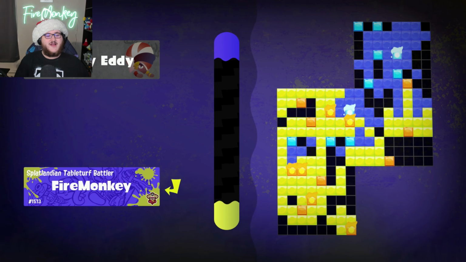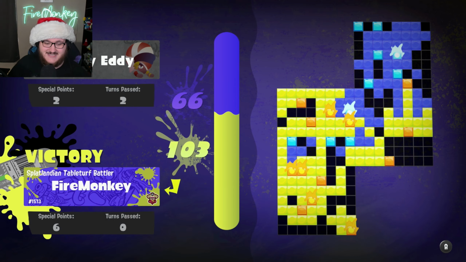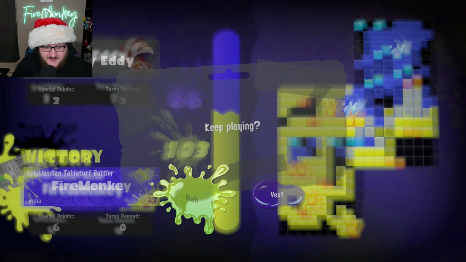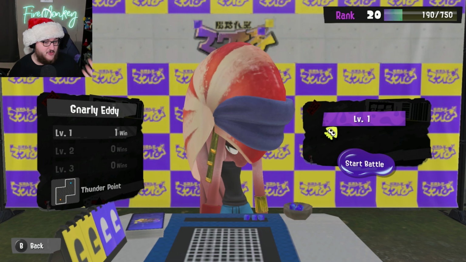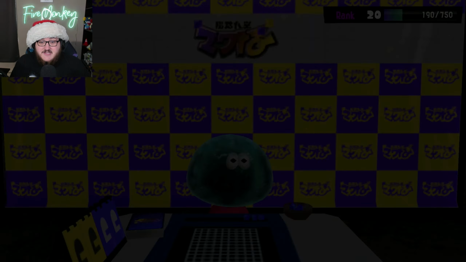Watch this right here. Gnarly Eddie first try, get out of here. 103 to 66, that is what I am talking about. Now, one thing I really don't like about this, that is the reason why I've been playing against the first character in the game, is because no matter which character you actually play against, if I play against Gnarly Eddie, or if I play against the very first one, Baby Jelly, it's always going to give me the same amount of XP,